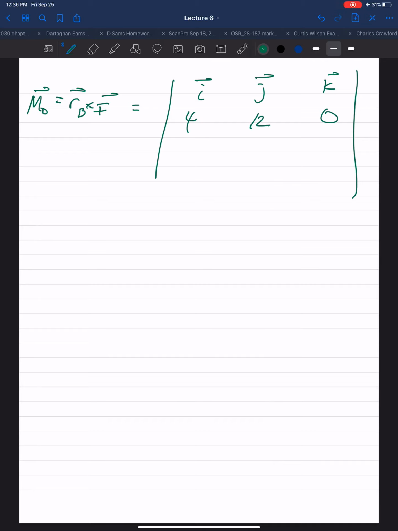And if I did it using position vector B, RB cross F, once again set up my determinant, I, J, K. For position vector RB, we had an I and J component, but no K component. So that was 4, 12, 0. No K component. F, once again, is 0.459, 1.376, and a negative 1.376. Moment about point O